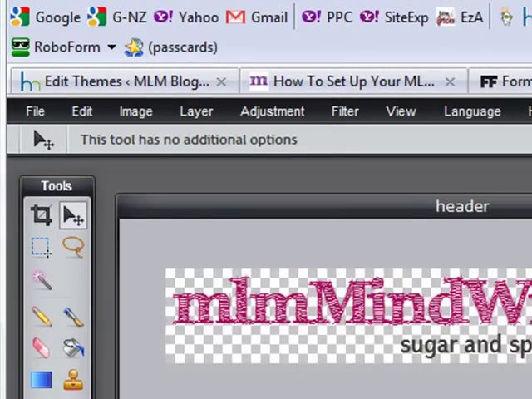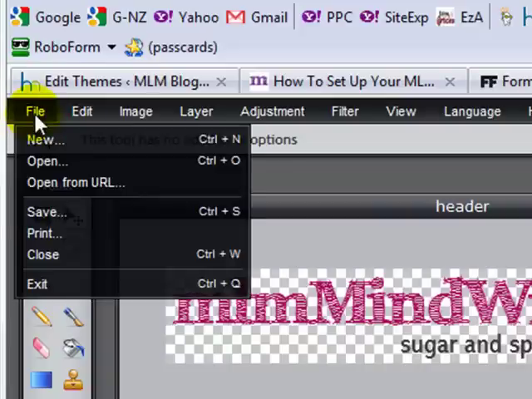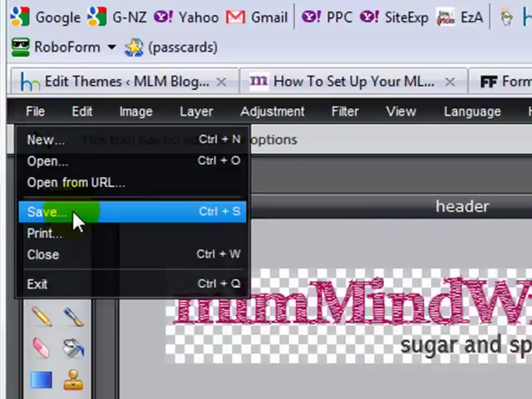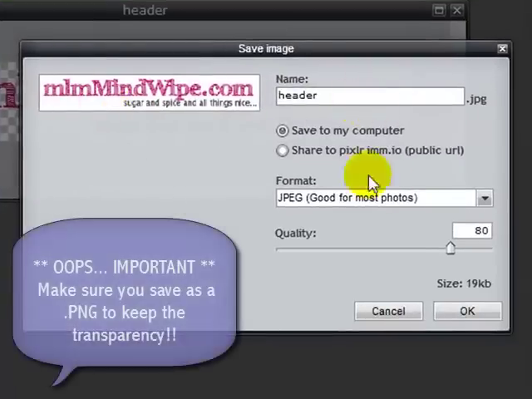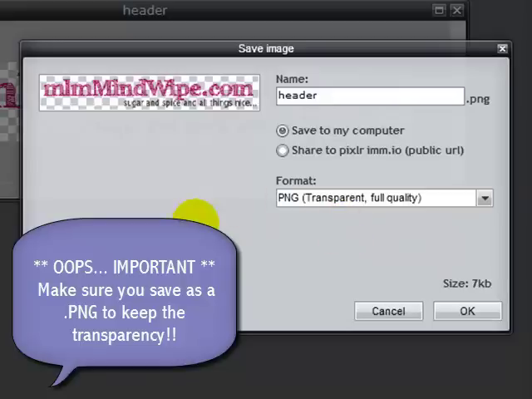Right, at this point, we're done. So now I go File, Save, and when I click Save, it'll ask me what format I want to save it in. You could save it as a JPEG or you could just save it as a PNG. And I won't save that because I don't need to, but essentially all you do is